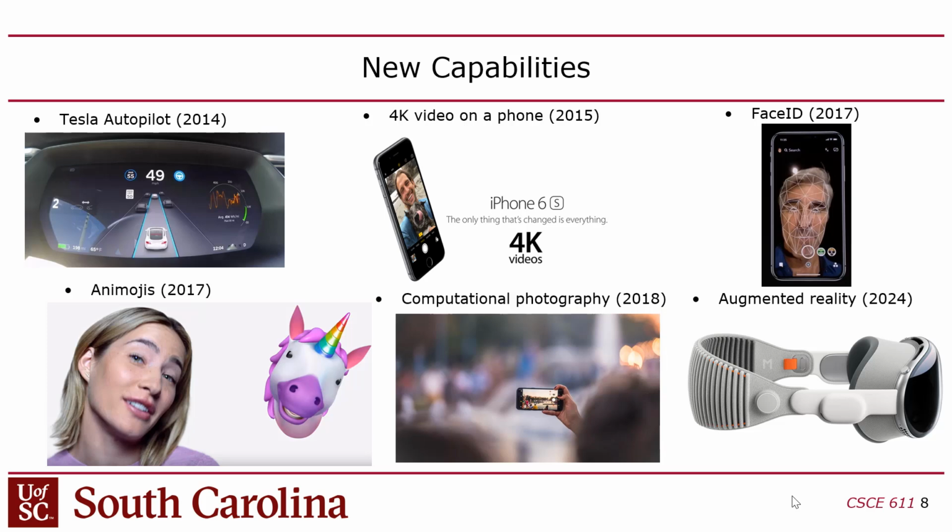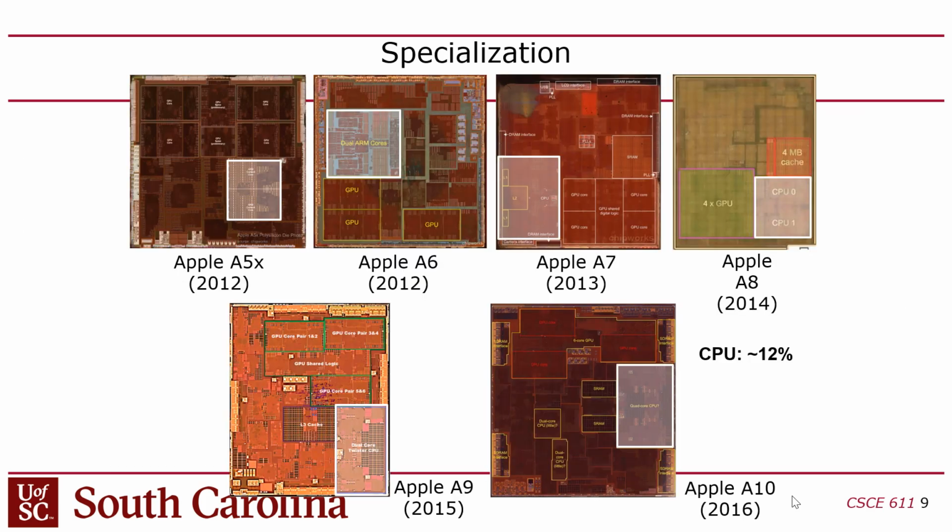And all of those things came out of not just software, but those all require specialized hardware for all that stuff. They all are driven by coprocessors or accelerators or domain-specific architectures or whatever you want to call them. And you can see that, for example, if you look at a die photograph of an embedded processor like Apple's chip,